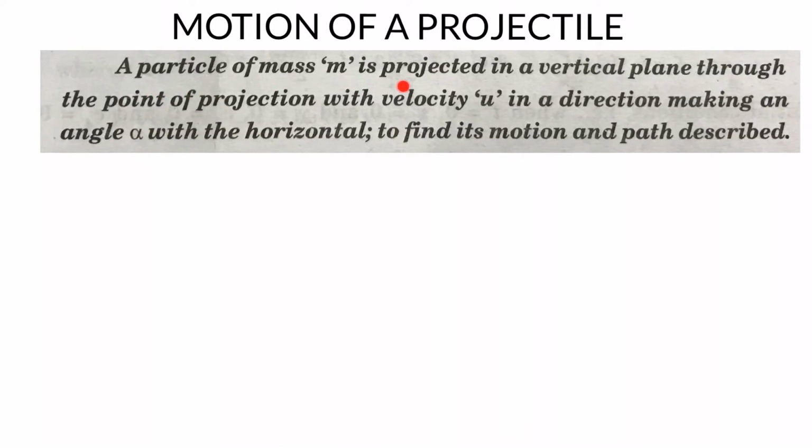Today my topic of discussion is motion of projectile. In this we will find its motion and the path described. The problem is stated as this one: a particle of mass m is projected in a vertical plane through the point of projection with velocity u in a direction making an angle alpha with the horizontal. To find its motion and path described, we shall be making